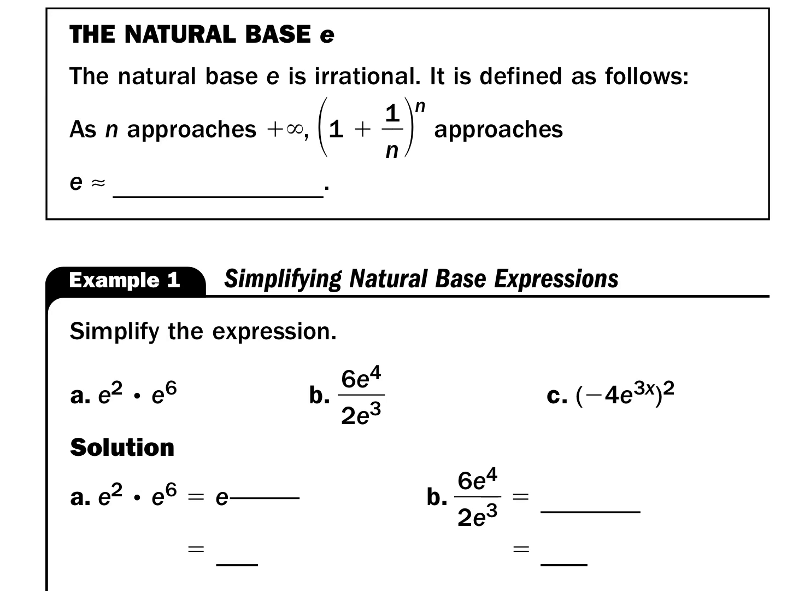8.3, the natural base, e. So we've got the number e is what we're going to talk about. And so e is the abbreviation for the natural base. It's an irrational number, and it's defined as 1 plus 1 over n to the nth power as n approaches positive infinity. So in other words, as n gets bigger,